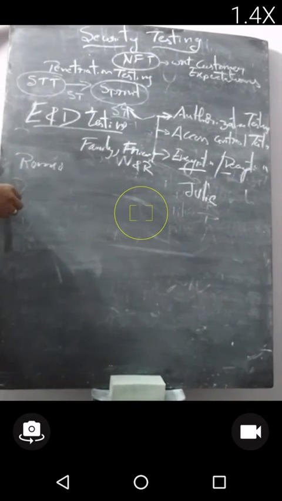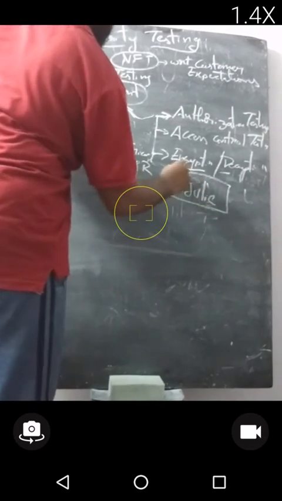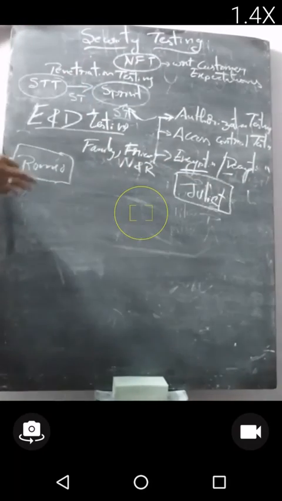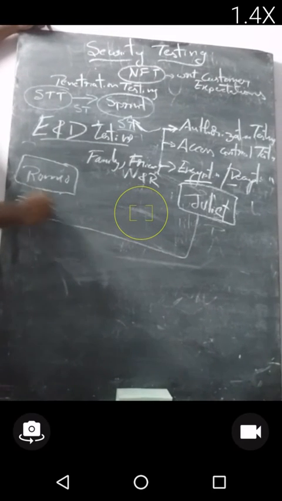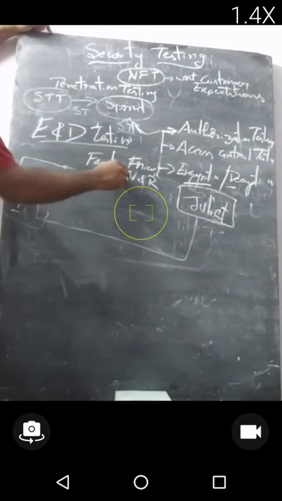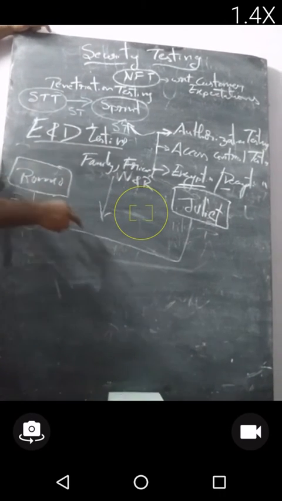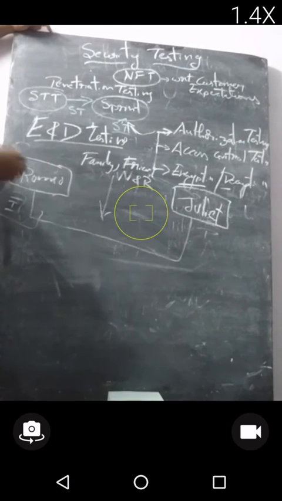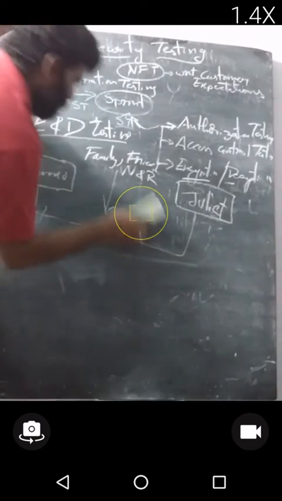Romeo wants to send a message to Juliet. In general, if you send the message directly, "I love you," as the original text to Juliet, then in between, if family or friends or neighbors or relatives check that message, they easily understand what the message is. So for that there is one technique.